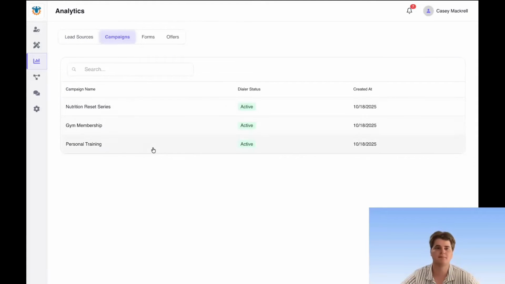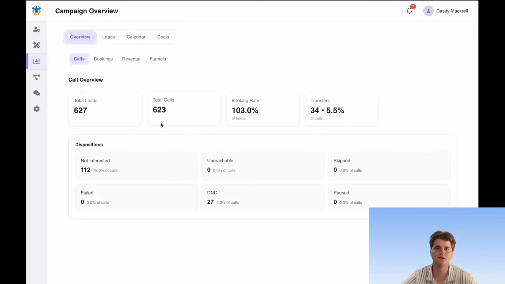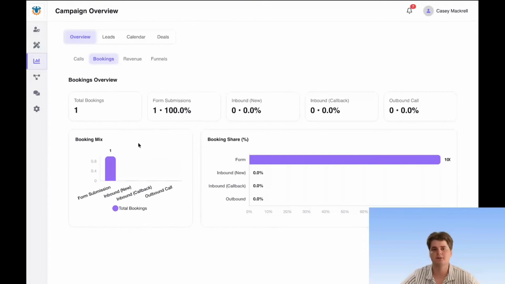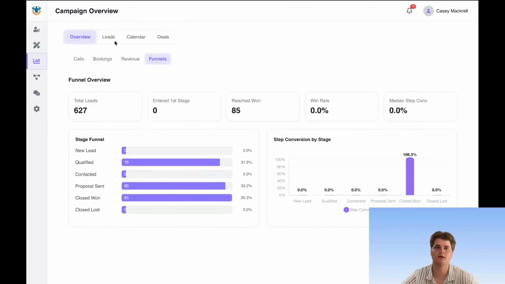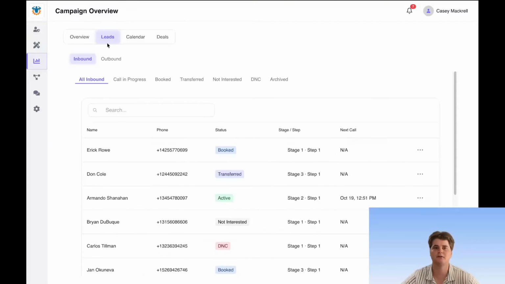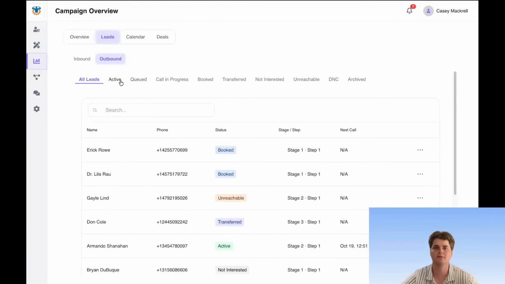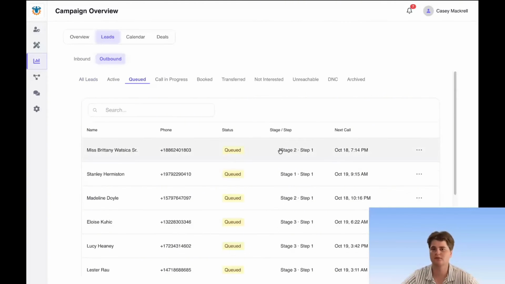Then in the specific campaigns, we can go in and see, let's see, personal training. You get to see how many leads came in, how many did we call. This is a staging environment, so obviously these numbers are a little off, but booking rate, transfer rate, you get to see your bookings, your revenue, the funnels as well. And then you can actually go in and see the leads. So this is where you can see who's queued for a call and what stage they're in, when they're queued for their next call,